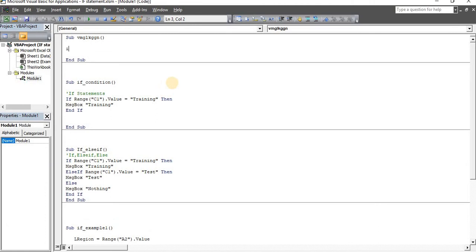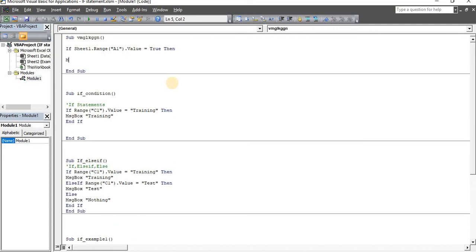Just type if, then either use Range A1 or Sheets of Sheet 1, or directly call Sheet 1 dot Range A1 dot Value equal to true, then MsgBox. I want to display the message box of true values.